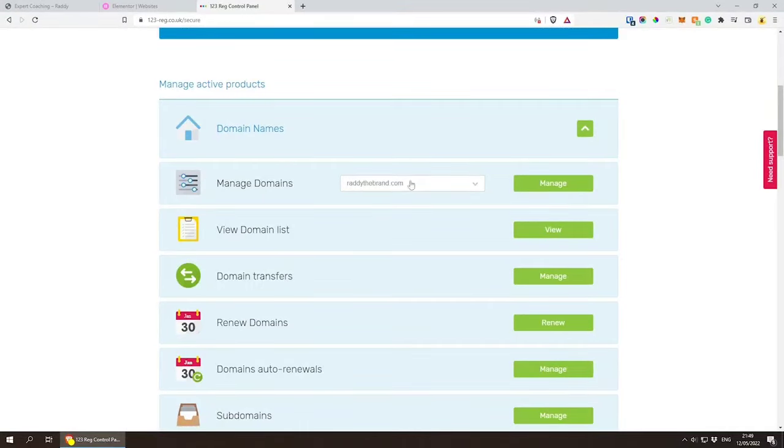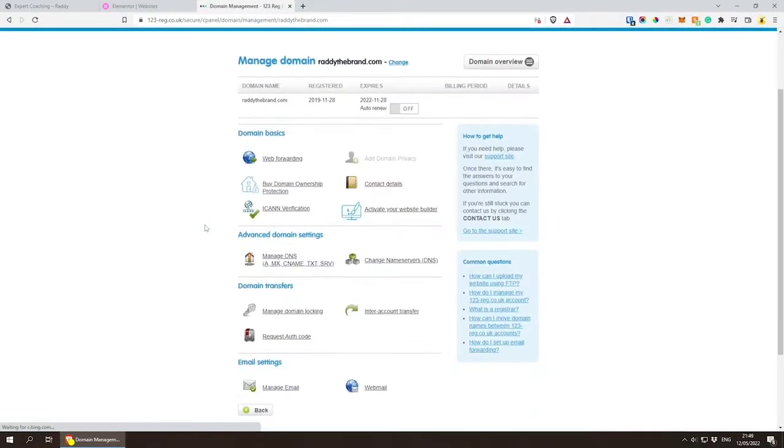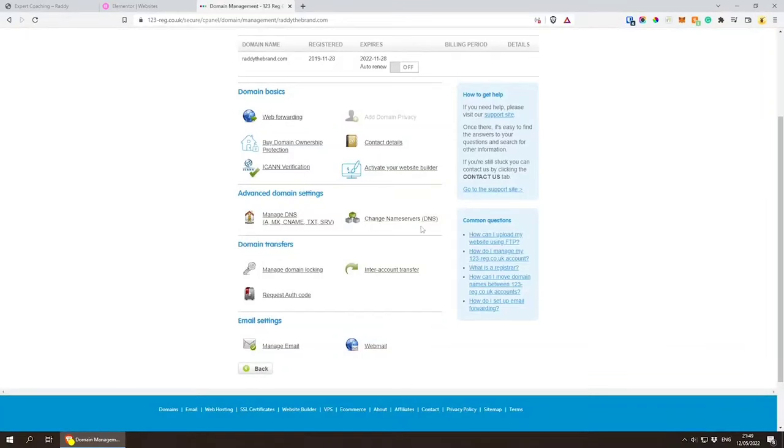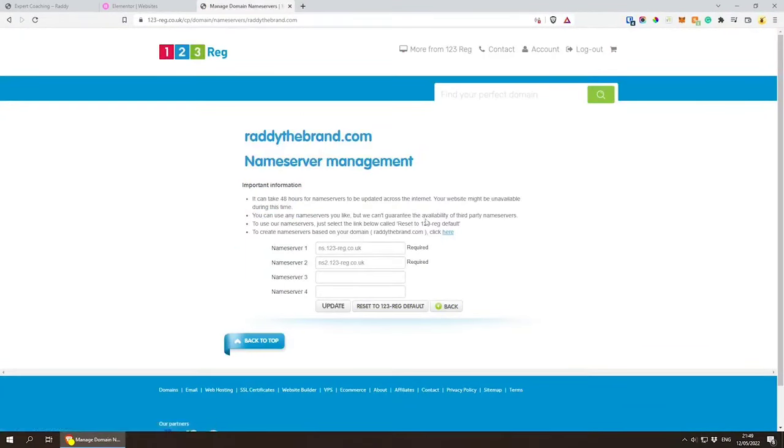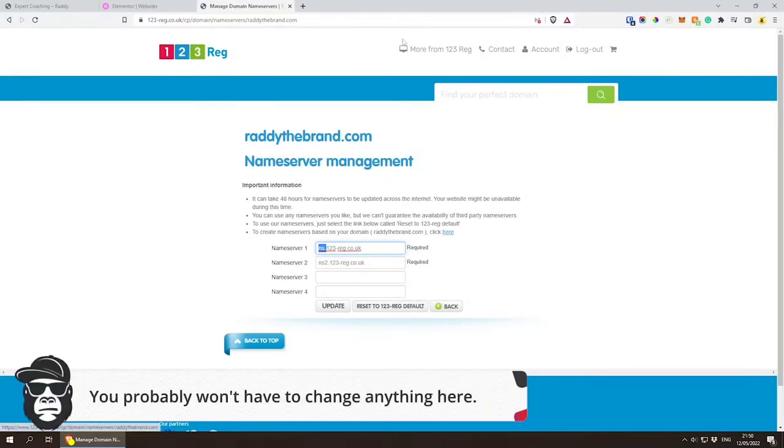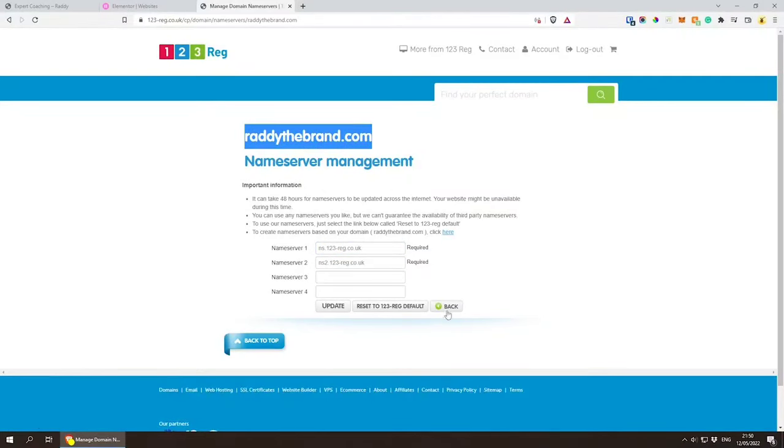This is the domain name that I'm going to use, readythebrand.com. So let's click manage. And one thing that you need to make sure, this is very important, is that your name servers, I'm going to click on this just to show you, your name servers are controlled by this company here. So at the moment, I have the NS server set to 123reg, which means that 123reg has control of this domain name. And if I go back,